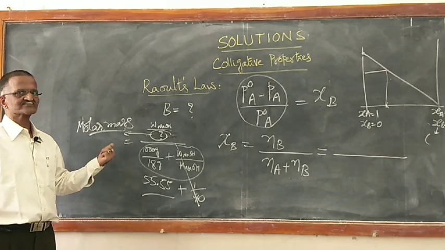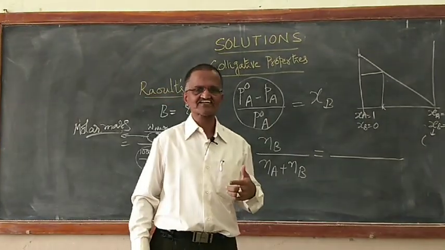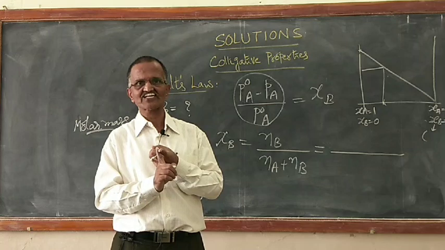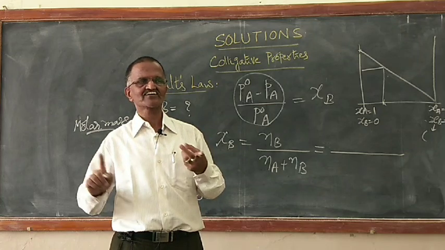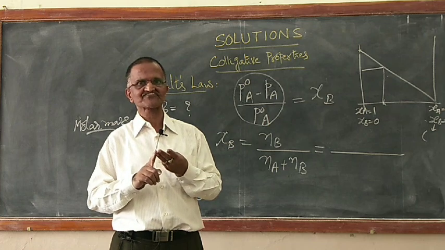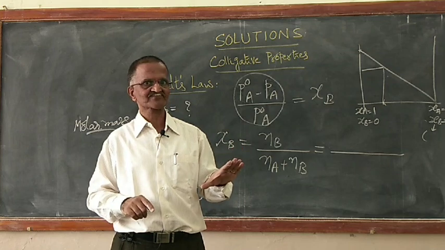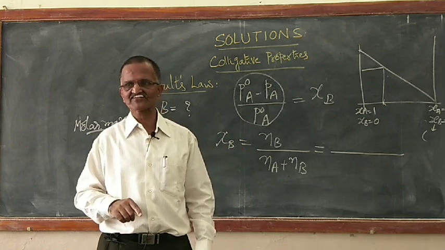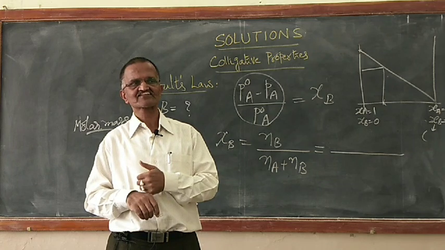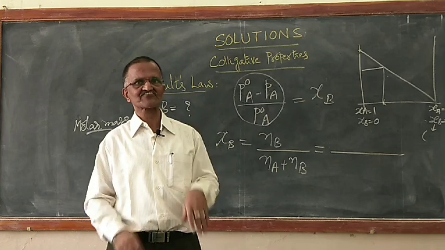Why am I talking about this? Last year when we talked about purification, characterization of compounds, first we found what are the elements present in the compound, what are their atomic masses, then afterwards the relative number, then we simplified, we arrived at the empirical formula, and after arriving at the empirical formula, to arrive at the molecular formula, what did we do? Molecular mass divided by empirical formula mass.